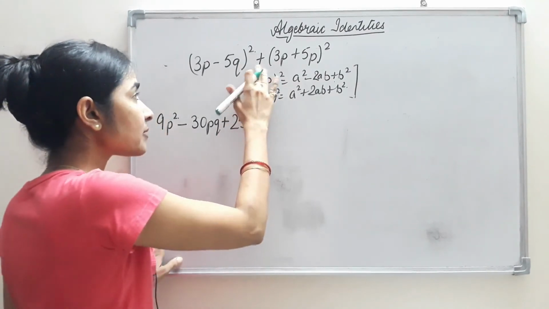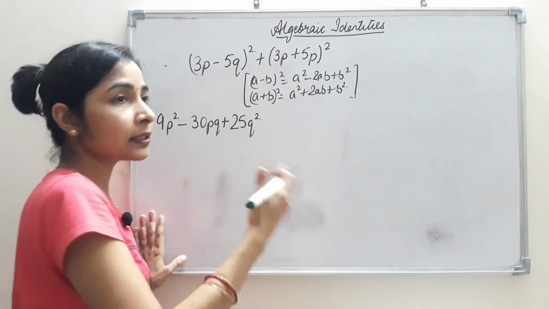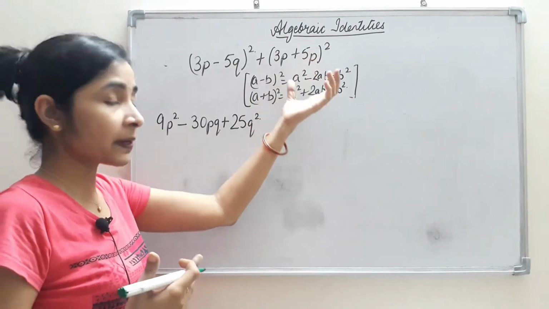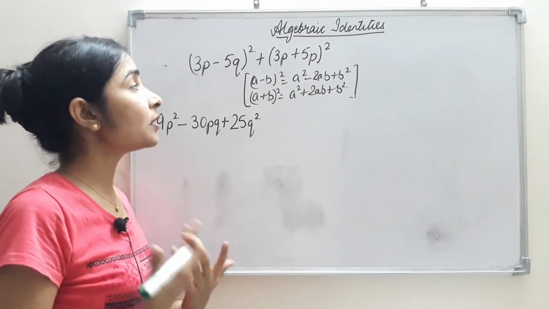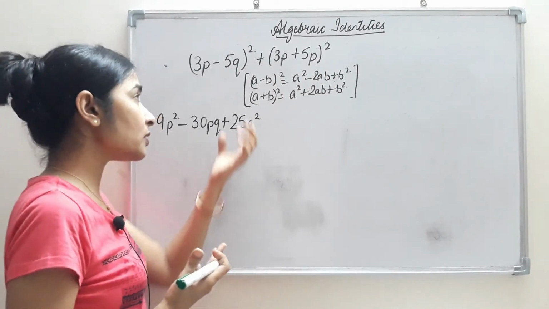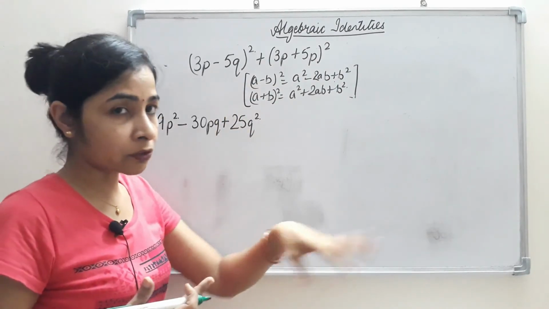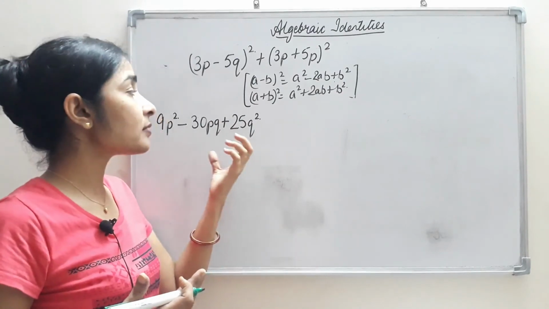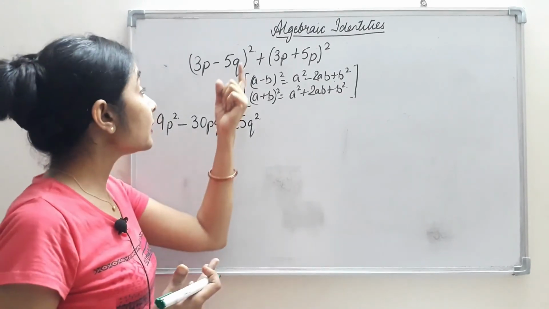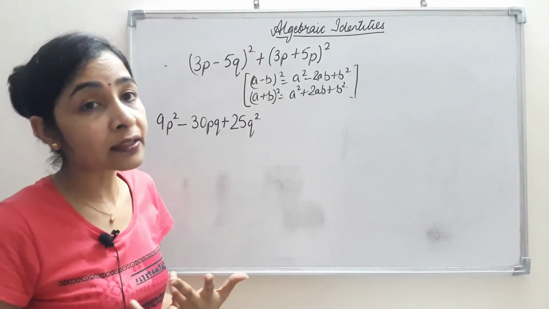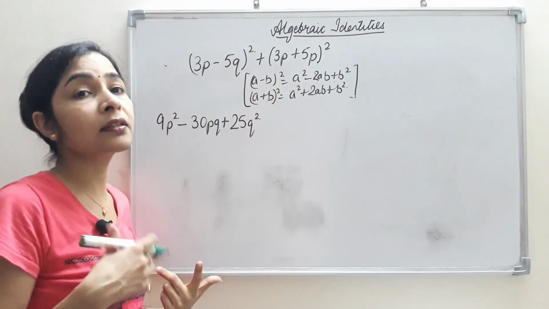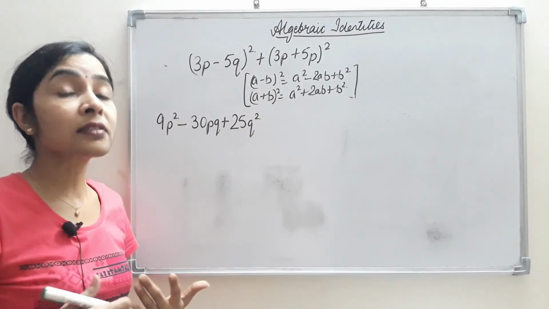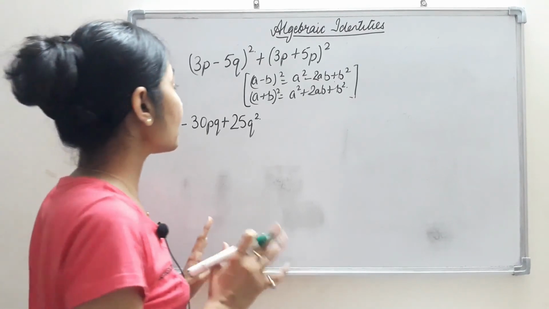Now we are having a plus sign here, so we need not keep the other terms in brackets. On expanding it, whatever terms we are getting, we need not keep them in bracket because the addition sign is there. So there won't be any kind of change in the signs, so one step we have to do less here. But in case we would have got subtraction, then we would have written all the terms in the bracket, and then in the next step we would have changed the signs. But right now it is not so.